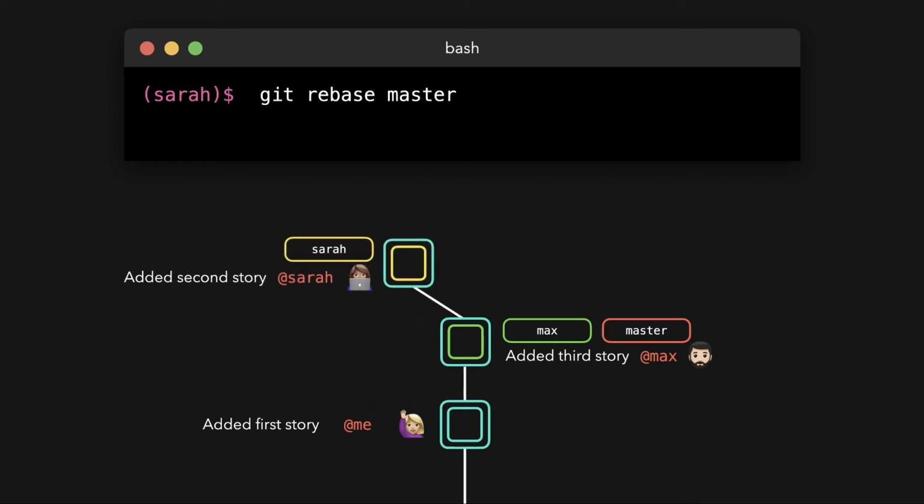Awesome! Instead of merging the branch into master, we've moved the Sarah branch on top of the master branch. The Sarah branch now contains all the changes that were made to the master branch. Although rebasing is an effective way of getting changes from one branch into another, there are some more differences compared